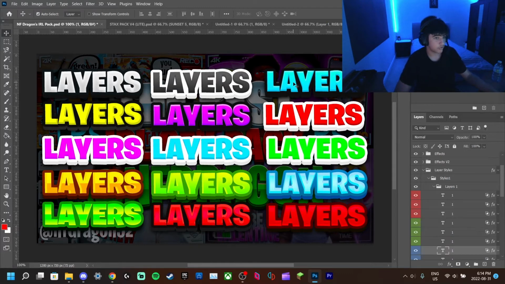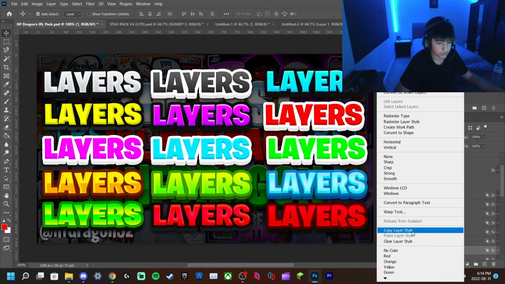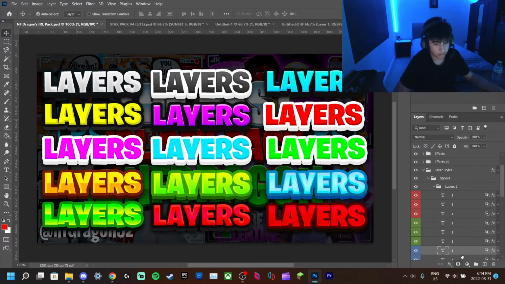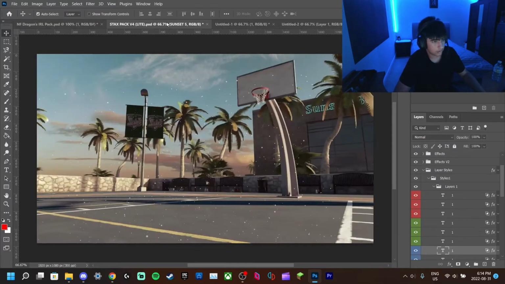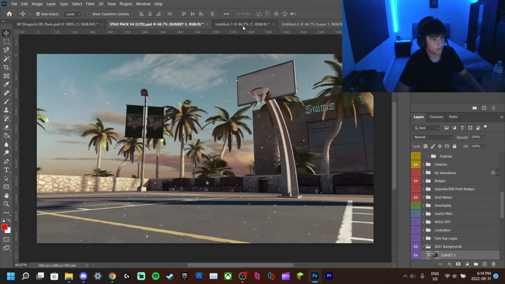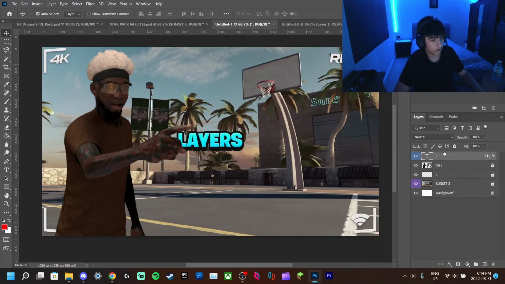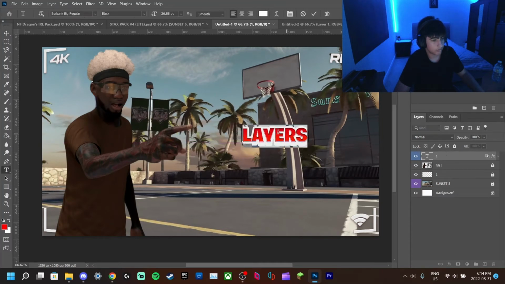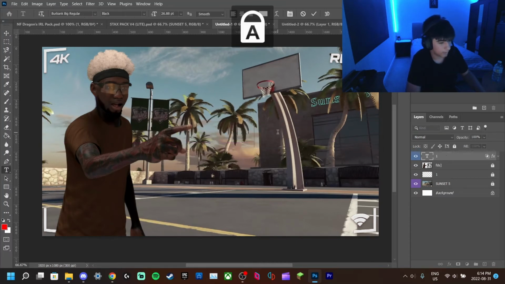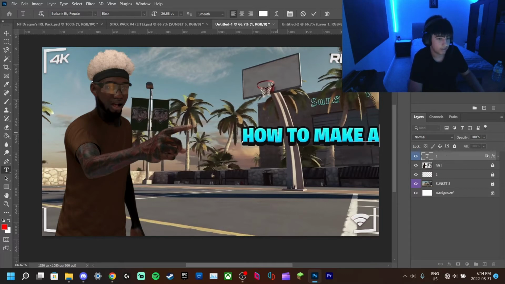We're just gonna grab this one. So what you can sometimes do is copy layer style and then go into your other tab and paste it onto a text that you've already made. But that doesn't work for me for some reason. So what I do is I Control C, and then I go onto my other tab, and then I Control V, and then I put it at the top. I move it, and then I just double click it, and then just make it. Let's make how to make